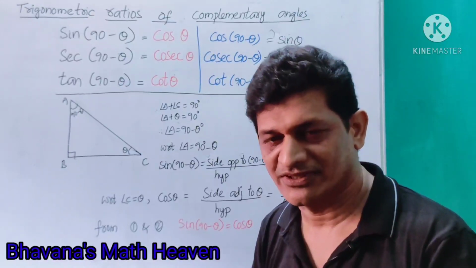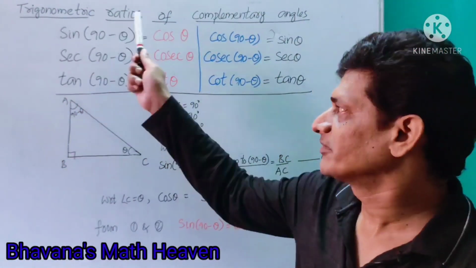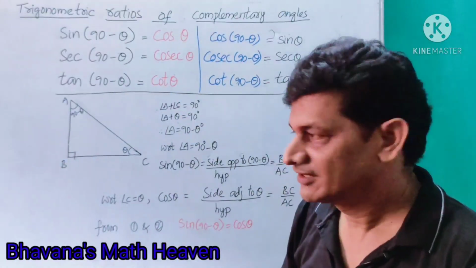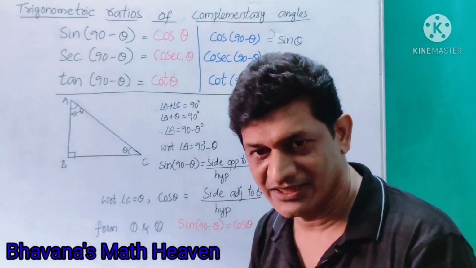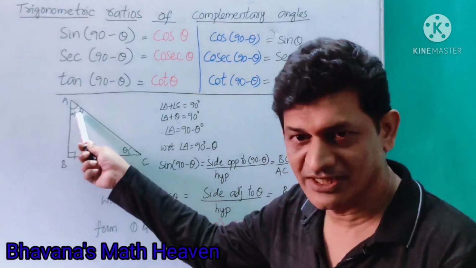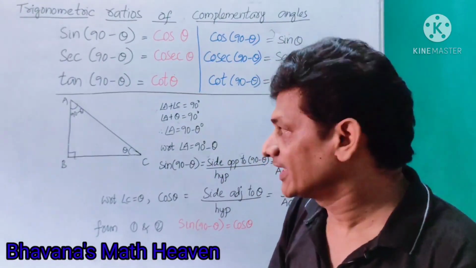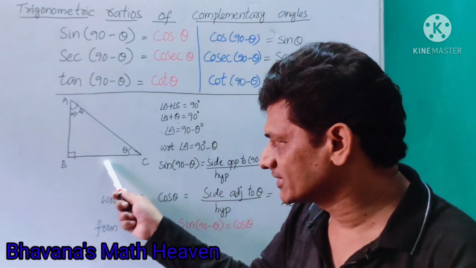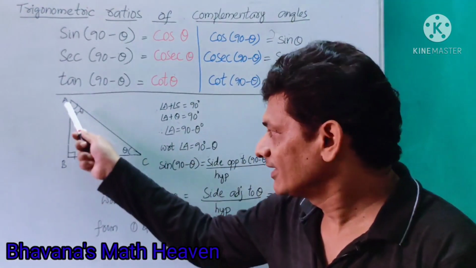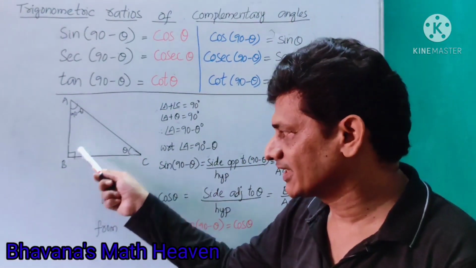Okay, but actually, what is the derivation part? Coming to prove sine 90 minus theta equal to cos theta. Now consider this right angle triangle. Here angle C is taken as theta, then automatically angle A becomes 90 minus theta. Now with respect to 90 minus theta, BC is the opposite side, AB is the adjacent side, and the hypotenuse is nothing but the side opposite to the right